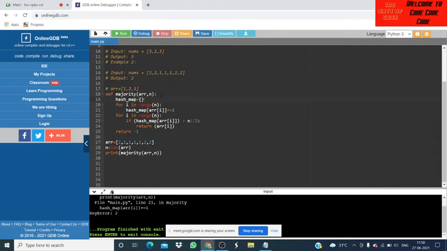I know. Because if you don't store default, you have to import default dict. Why? Because you have to store something from default. Like here, if this number is not counted, how can I express that one is not present in array? So we have to store a default value equal to 0. So I guess I have to store.